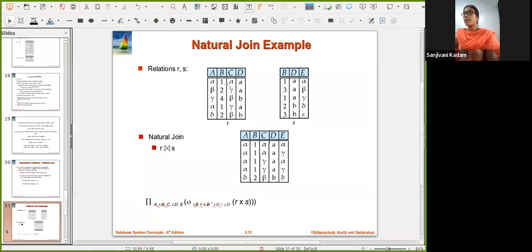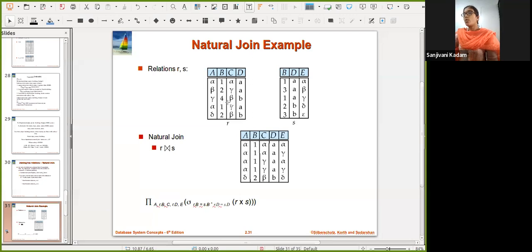So here we can see 1 alpha, 1A is there. So this is not qualified. Then, sorry, 1A the first tuple, 1A first tuple matching. 2A not available, 2A not available, so this tuple will not be qualified for the next.